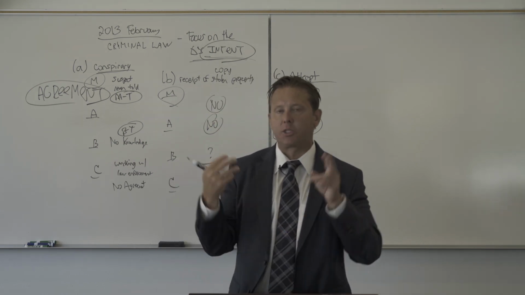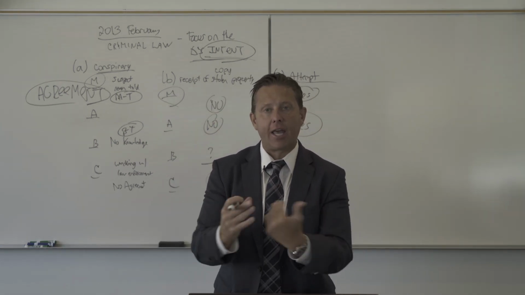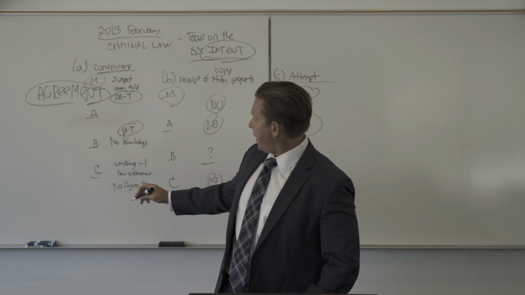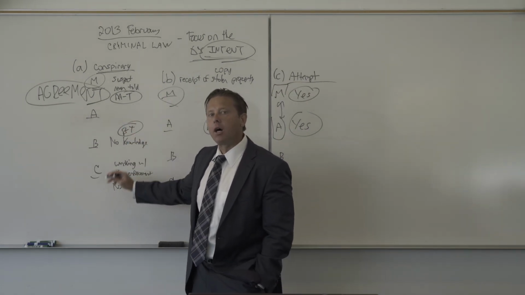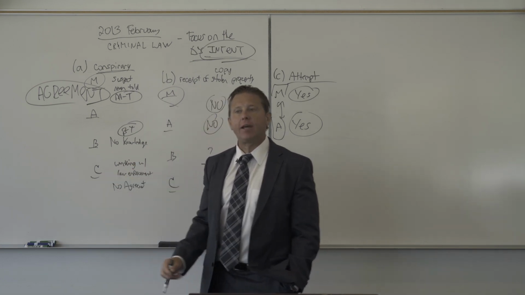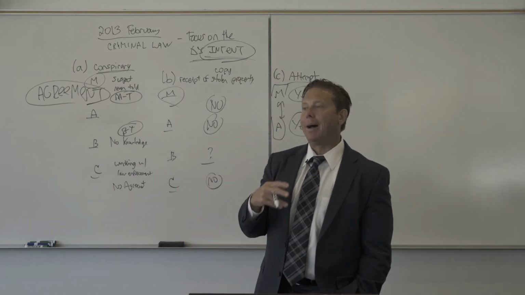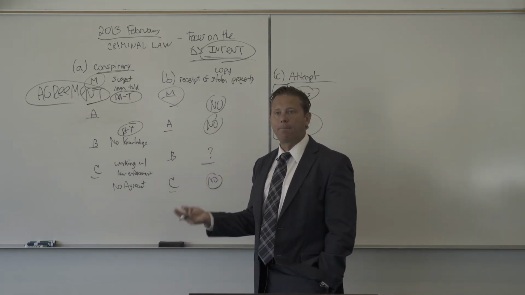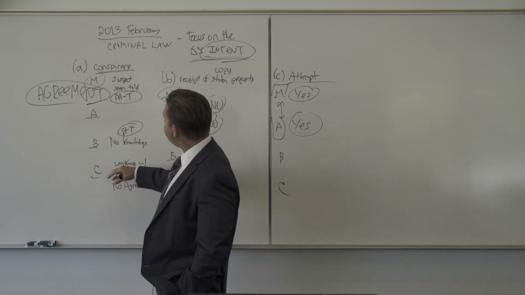Common law is bilateral, which means it takes two parties to agree and two parties actually have the intent to agree. So let's say that C agreed with somebody but was working for the police. At common law, that would not be a conspiracy because it takes two to tango, and C doesn't have the actual intent. He's actually feigning the agreement by lying to the person in order to get them convicted with law enforcement. So it wouldn't be under common law.